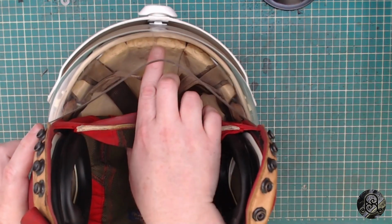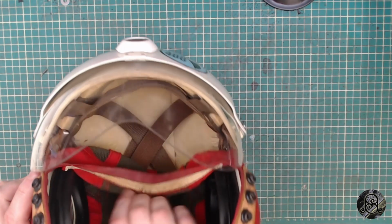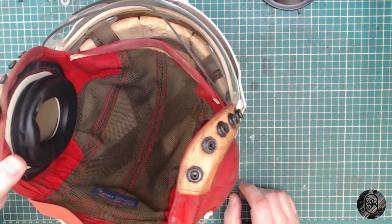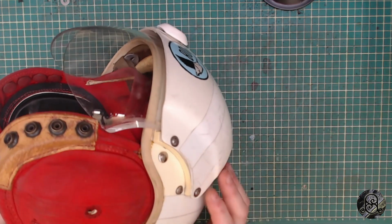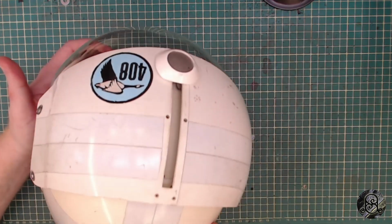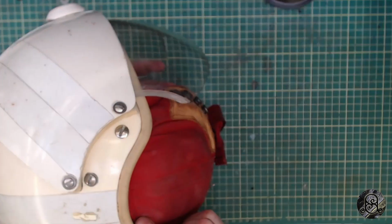It's showing its age on the inside here, the foam lining. Then you have your other protective lining for your helmet, and then you have a little mesh. And those things are held together with screws. I don't think this would be a very good modern helmet compared to the way we like to make things now. The idea of adding holes and stuff like that into helmets tends to weaken them, becomes a stress point